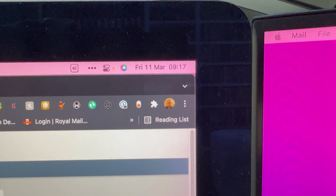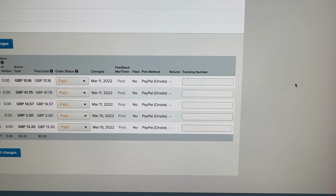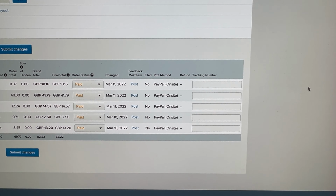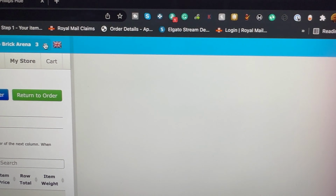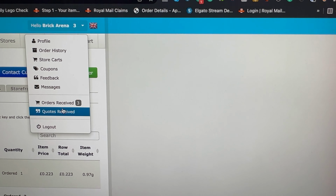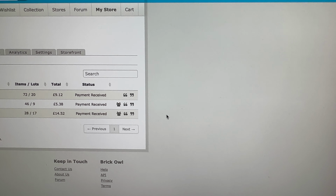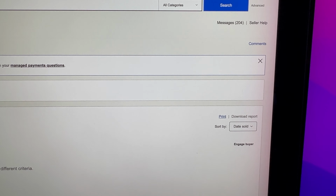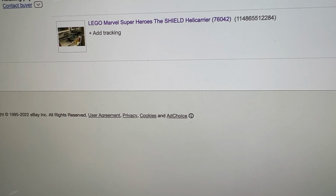Friday the 11th of March, and things are slightly better this morning, but still not amazing. We've got 5 orders on Bricklink, and we have, let's just see, 3 orders on Brick Owl, and then just the one on eBay, which I already touched on, which is the sale of the Shield Helicarrier,